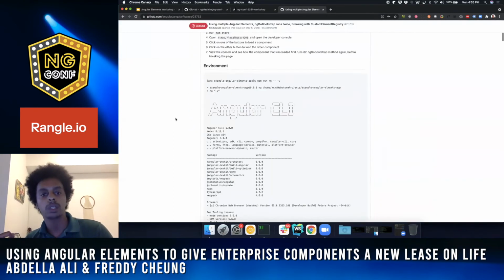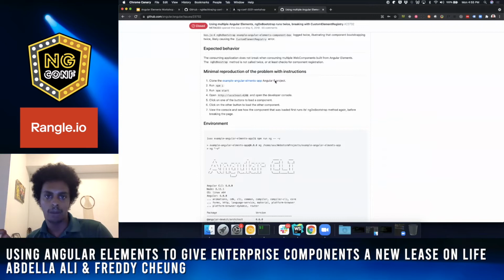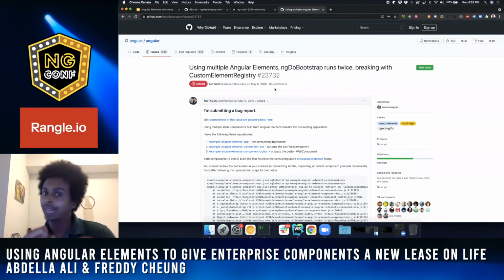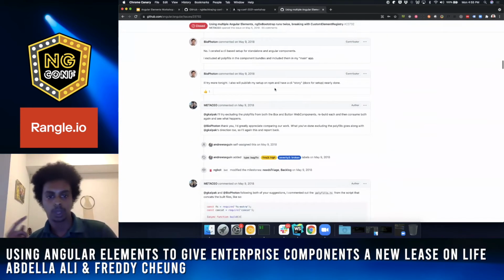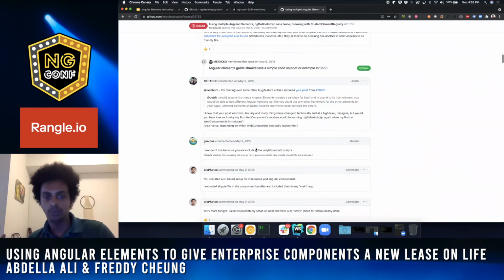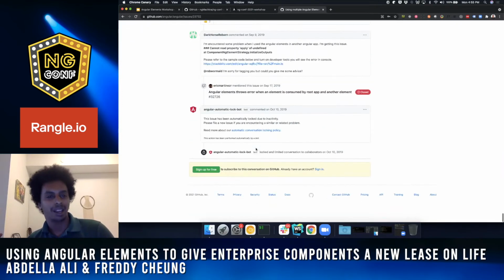The issue was that previous versions of Angular were not very good at dealing with having two Angular elements on the page, like ngDoBootstrap would run twice, which we go over later on, actually. And that would break the custom element registry and give you all kinds of problems. Yada, yada, not great. You can see this is from 2018. However, I think